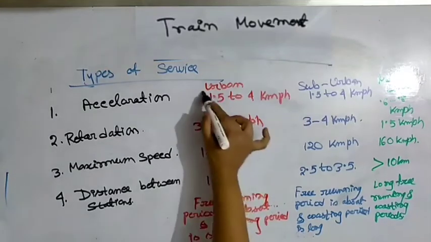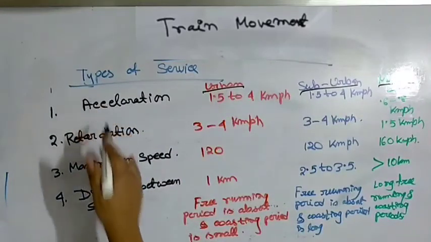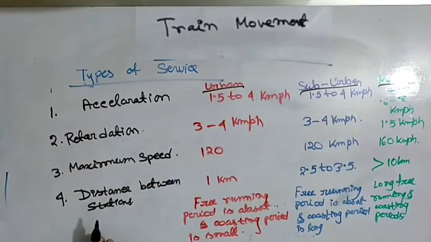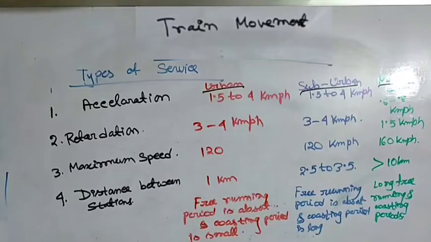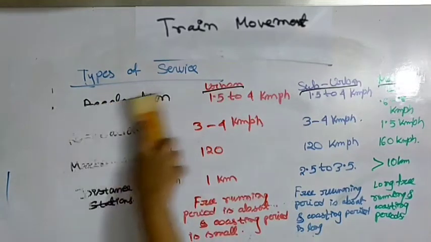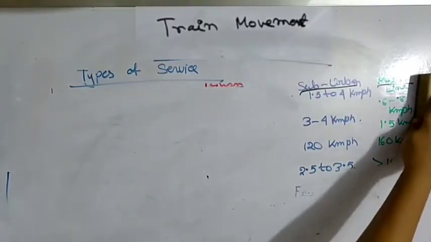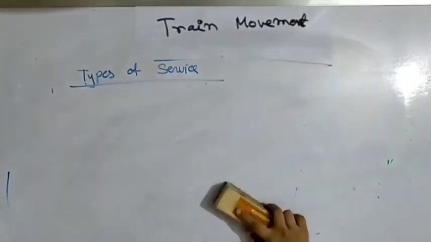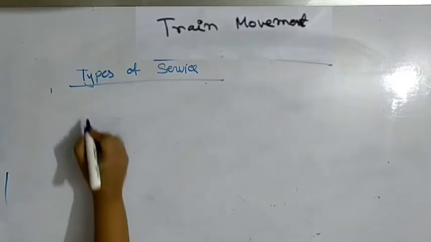Now this is the comparison of these parameters: acceleration, retardation, maximum speed and distance between stations for urban service, suburban service and mainline service. Okay, now on the goods traffic side, there are three types of service, namely mainline